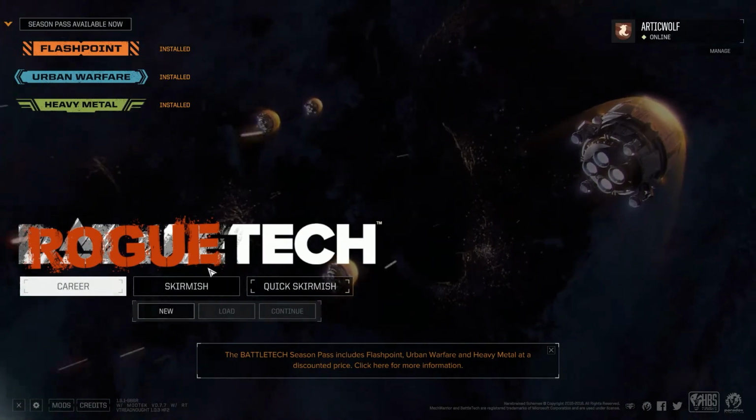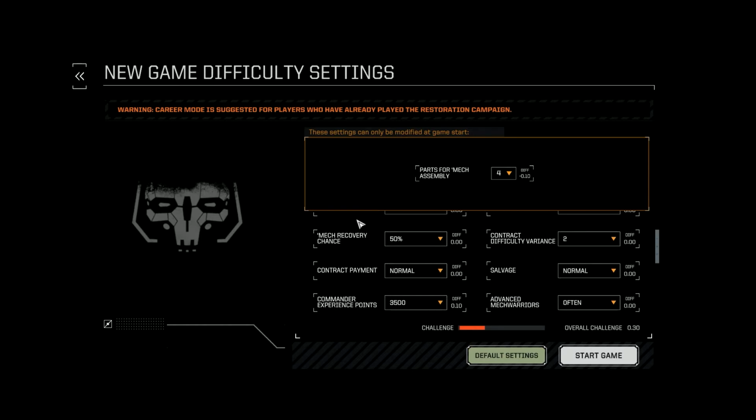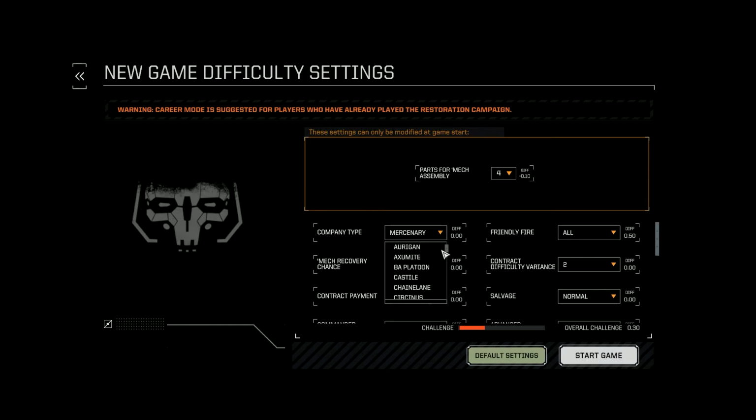Okay, so now that we're back, we're going to go ahead and start up a new career. Parts for assembly. I really don't like the 5 so much. I'm going to go with 4. It's still a pain in the butt at times, but it should be fine. Friendly fire, absolutely. Merc type, yeah, no. Mercenary? But what do you...